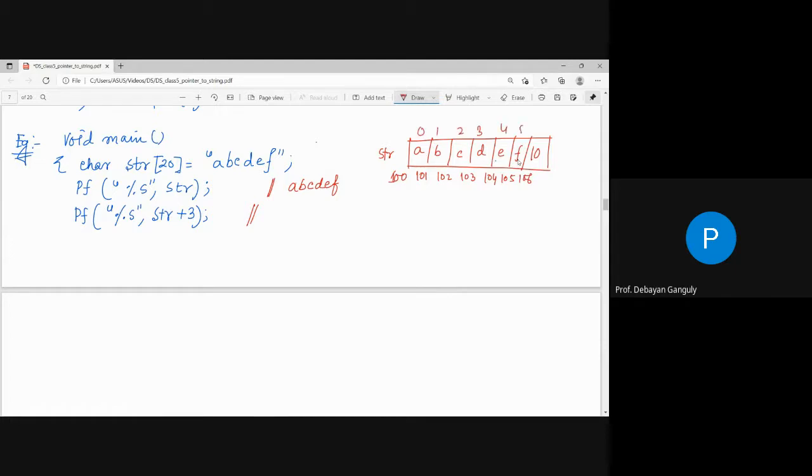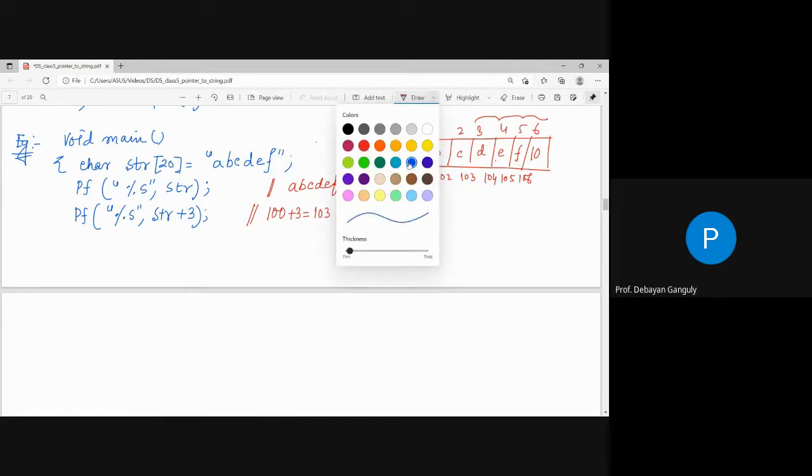3 4 5 6। সো যখন তুমি str প্লাস 3 করবে, what does it mean? That means this is 100 plus 3, that means 103। তার মানে 103 লোকেশনস থেকে যা আছে সেগুলো প্রিন্ট করবে, that means it will print you def। বুঝতে পেরেছো কি বললাম? তো সৃজা বোঝা গেছে? হ্যাঁ স্যার। আচ্ছা, যদি বোঝা যায় তাহলে একটু হোল্ডে থেকো, তুমি বলো দেখি আমায় পরের অ্যান্সারটা